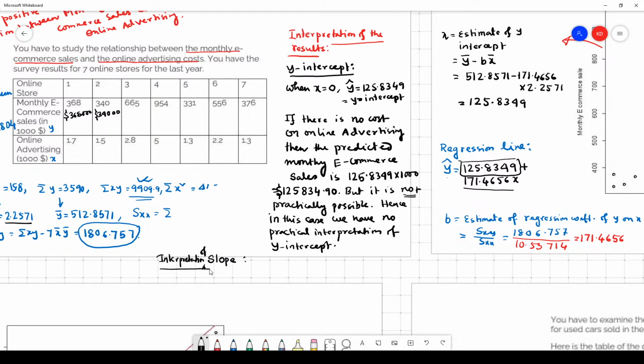Or regression coefficient. If you look at the regression line, you see that the slope is nothing but increment. Slope is nothing but increment. That means you can write this thing. The slope of